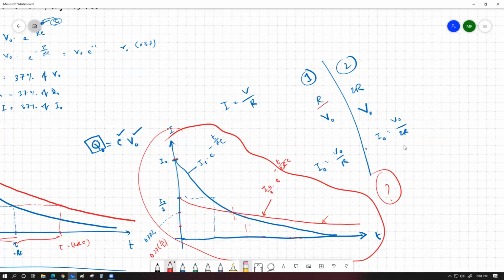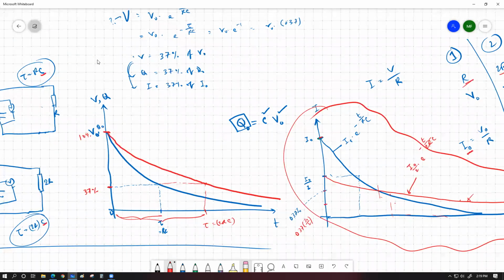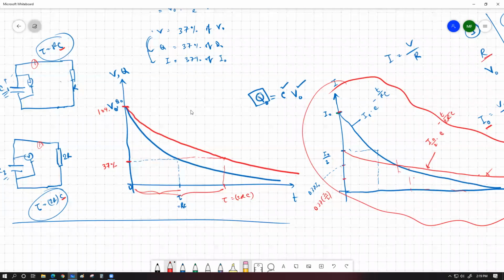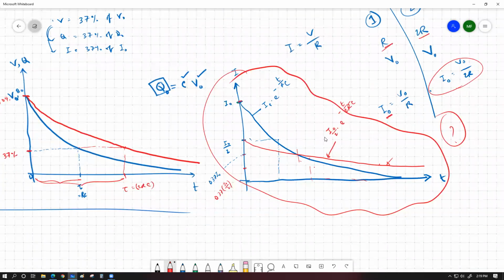যে সার্কিটের রেজিস্ট্যান্স কম, তার ইনিশিয়াল কারেন্ট যদি I naught হয়, যে সার্কিটের রেজিস্ট্যান্স বেশি, তার কারেন্ট হবে তার half. So if I define this as the starting current, this is going to be half of that. So if I try to plot the discharging current for both of the circuit, let's say we have some ammeters over here and an ammeter over here, and we are recording the current with respect to time by some computer mechanism. So in that case, if we plot those current values with respect to time for both the discharging capacitors